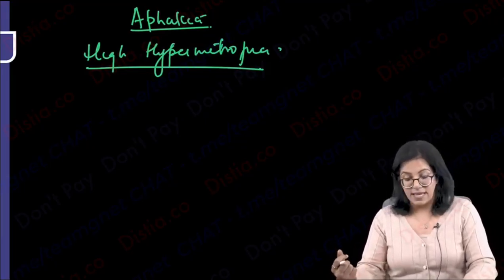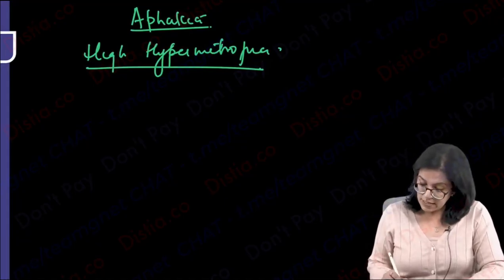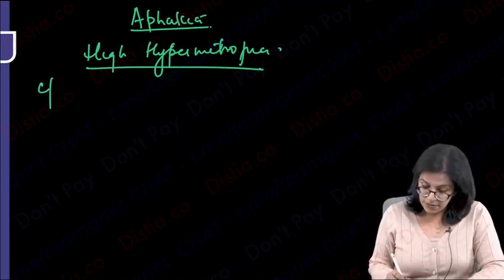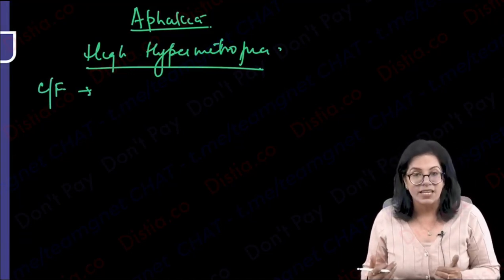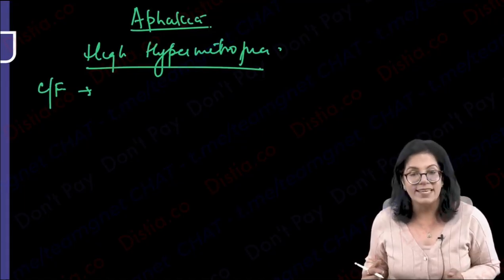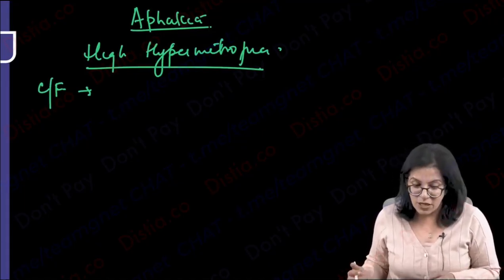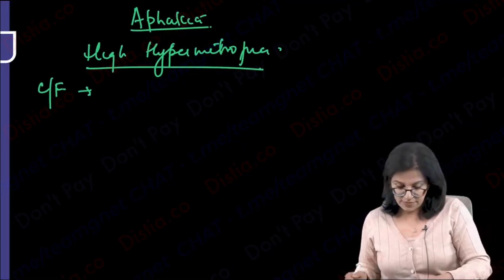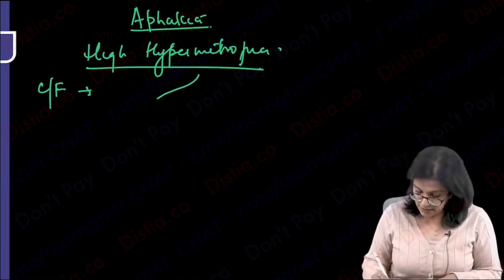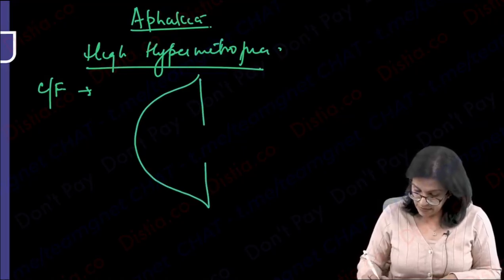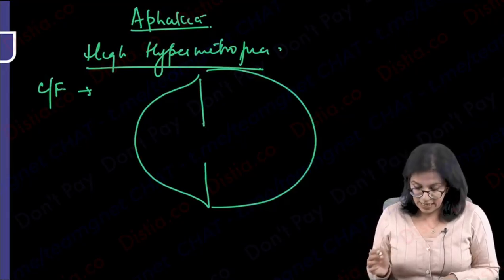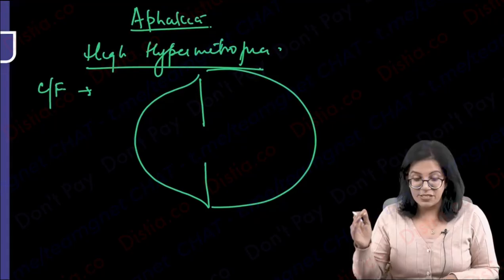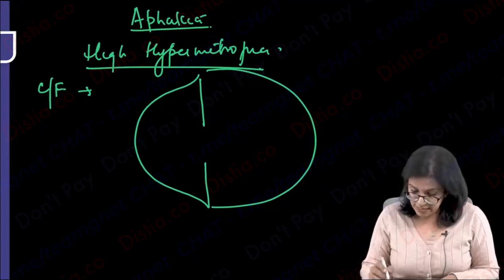any hypermetropia. Now talking about that, when we examine this patient, what are the features that we see in an aphakic eye, right? So what do you see in this aphakic eye? We make a diagram to learn. So there is no lens, right? Anterior chamber becomes very deep. So we will write here, there is a deep anterior chamber,